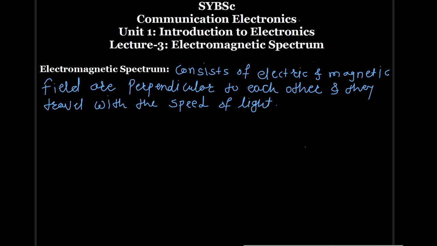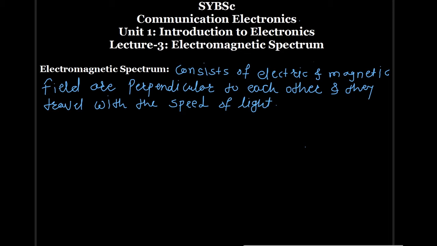They are also referred to as radio frequency waves. Electromagnetic waves vary sinusoidally. Their frequency is measured in cycles per second or hertz. These oscillations may occur at a very low frequency or at an extremely high frequency. This entire range of frequency is referred to as the electromagnetic spectrum.